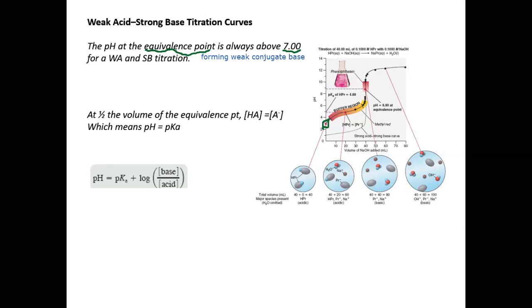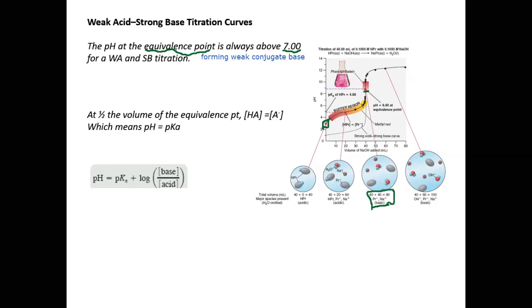Now between the initial pH and the equivalence point, we're going to be using the Henderson-Hasselbalch equation because you're in the region that's called the buffer region. So the buffer region contains weak acid, weak base, and a few other counter ions in solution. So there's where we use the Henderson-Hasselbalch equation. At the equivalence point, the only thing in solution is the conjugate base with a few other counter ions or sodium ions and water. So here we have to determine the pH of a weak base, just like we did